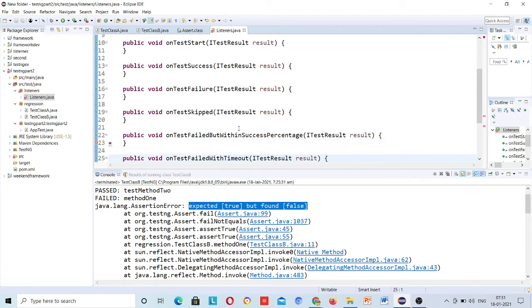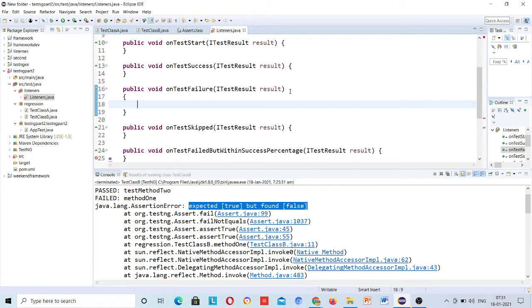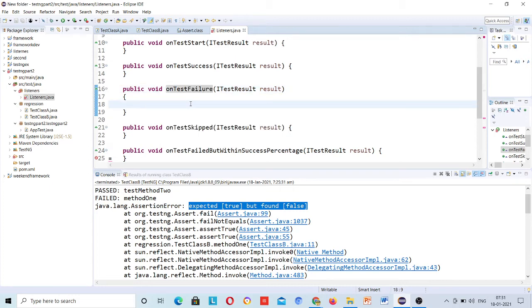Now, on test failure, you have to call this method. You can see they have given the name of the method in a way you can understand that this is for failing. When the test case fails, it will come here. So you just need to give the failed method.